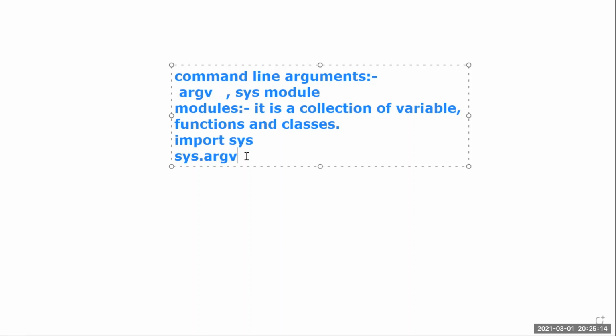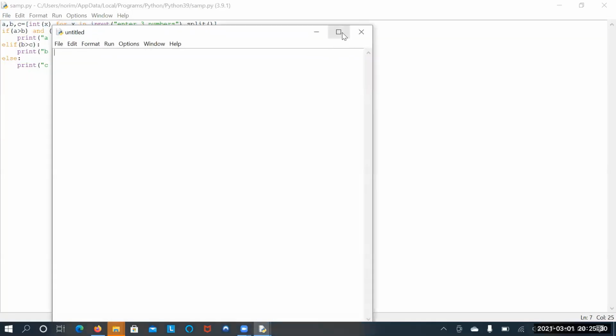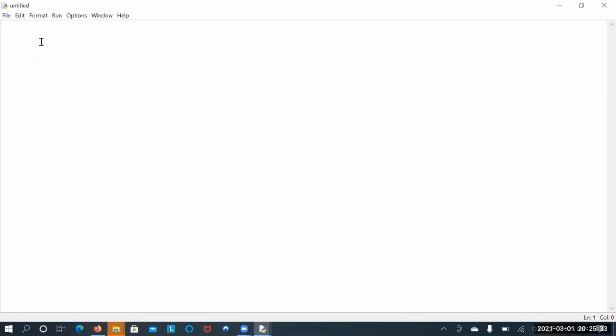Now see, as I am saying, argv is a variable that can read the command line arguments. By using that variable, we can read command line arguments.